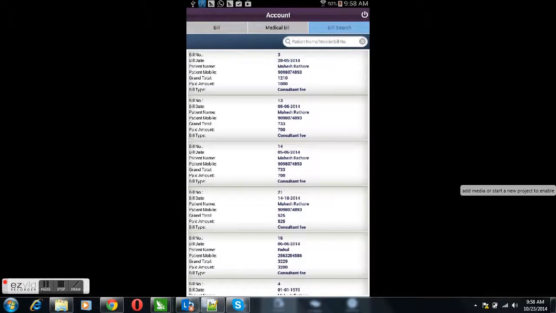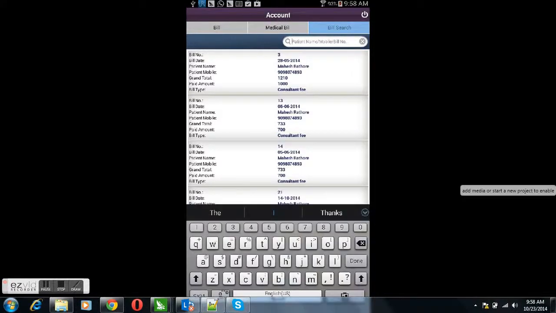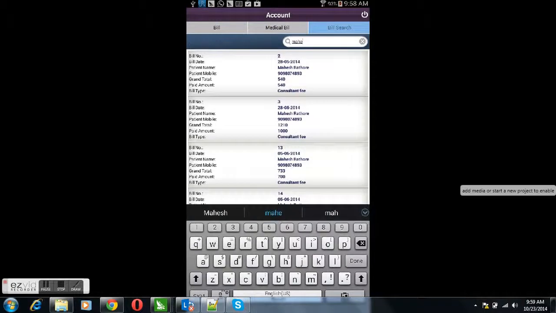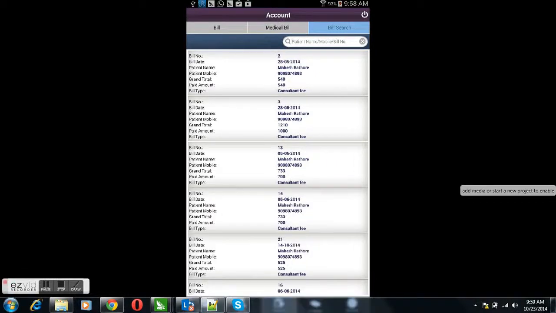You can search on any of the bills. The relevant records will start appearing on top of the search result. So this is how this accounts part can be maintained through the mobile app.